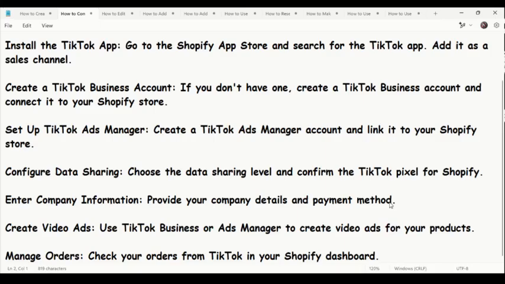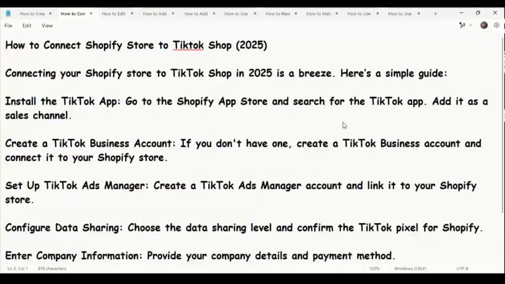So use the TikTok business or Ads Manager to create video ads for your product. Then after that, you have to manage your orders. So you can check your orders from TikTok in your Shopify dashboard, and that's how you can connect your Shopify store